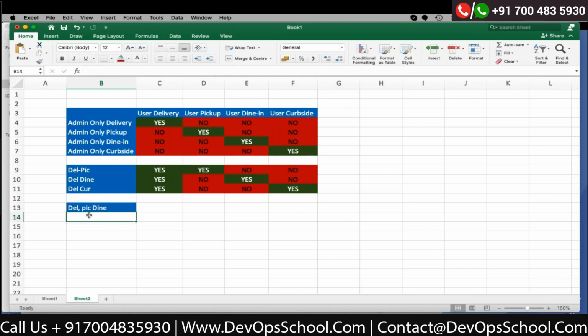I will select delivery and pickup no, dining and curbside. Can you give me for delivery, dining, curbside the yes, no, no decision table values? Only these three. The third one is pickup is no.